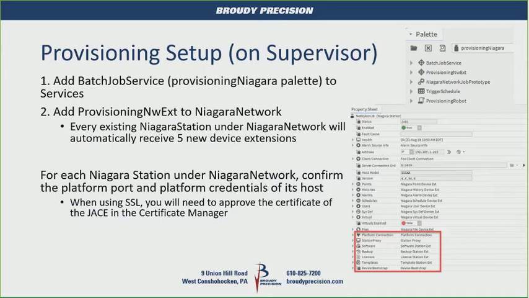Setting it up on a supervisor, it's basically you add a batch job service to the services folder, and then you add the provisioning NW extension to the Niagara network on the supervisor. As soon as you do that, it builds 5 extensions for each of the JACEs. So any JACE on the Niagara network, or any newly added after this is installed, you're going to have to enter platform connection information, your credentials for the platform of the JACEs, and then they have